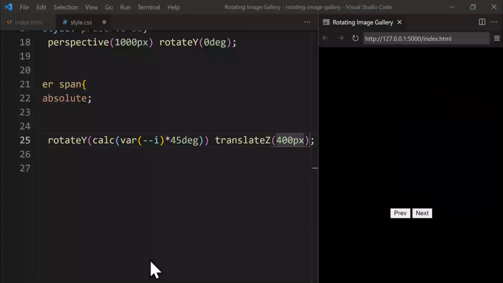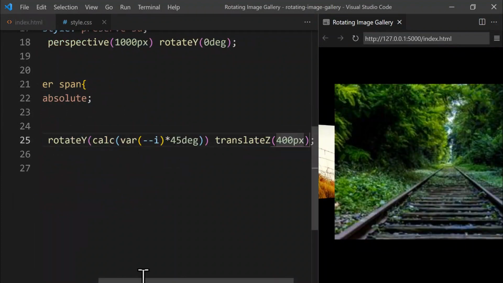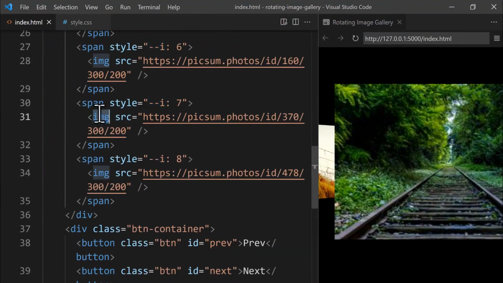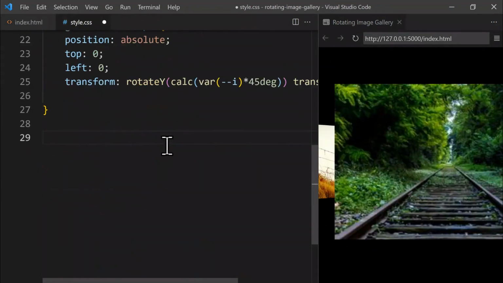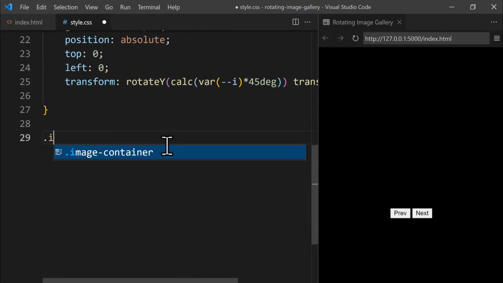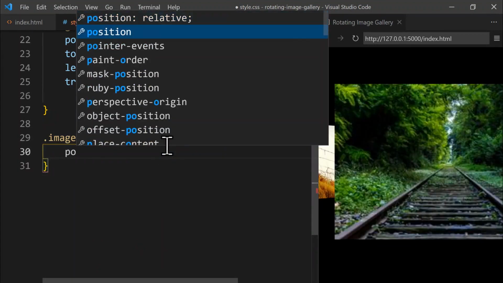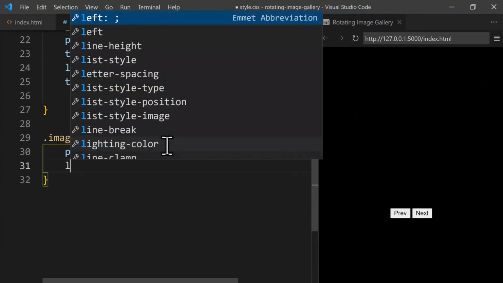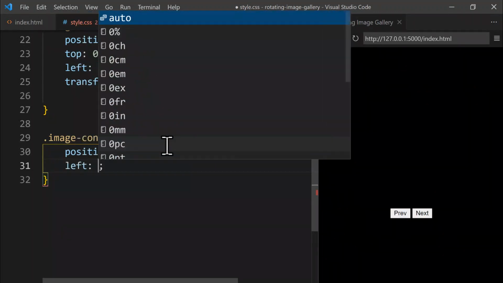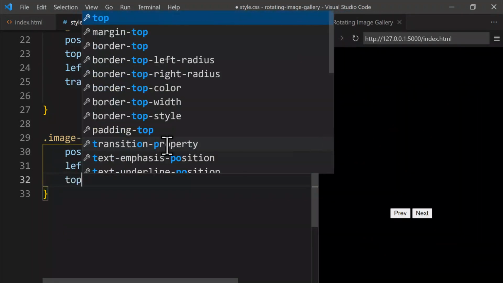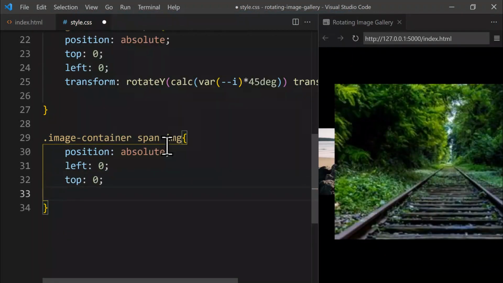And if we style the image itself, the image tag, we target that image tag by just saying .image-container, the span, and then the img. First, we position it absolute, and we bring it exactly to the center by setting the left and top to 0. And also we set the width to